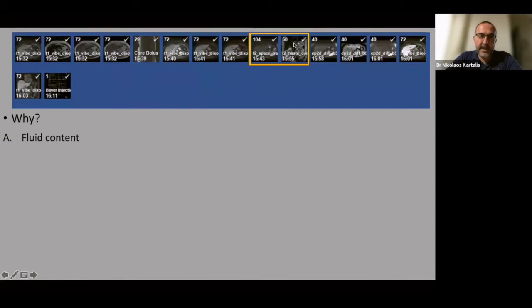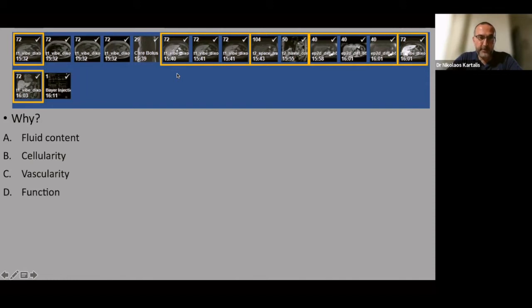So I usually hang the images with the T2, just to get the information about the fluid content. Then immediately under I have a diffusion to get information about the cellularity. I have also the vascular images, the T1 before and after contrast, for information about the vascularity of the lesions or the organs. The hepatobiliary image for the function, if you have a possibility to use Primovist or multihance. And then finally, the opposed phase for information about fat and ferrum content.